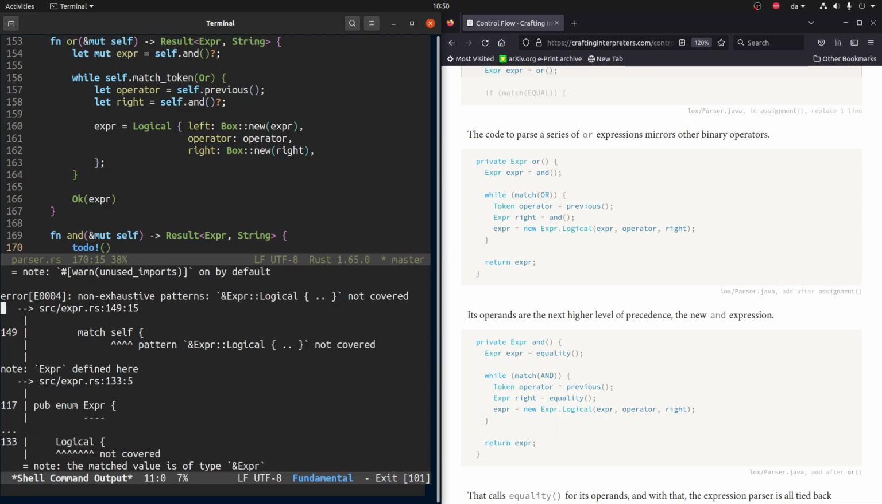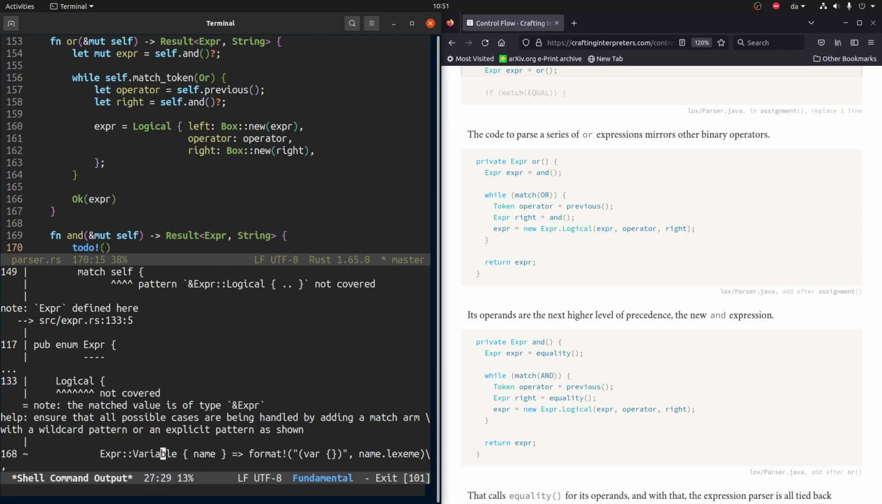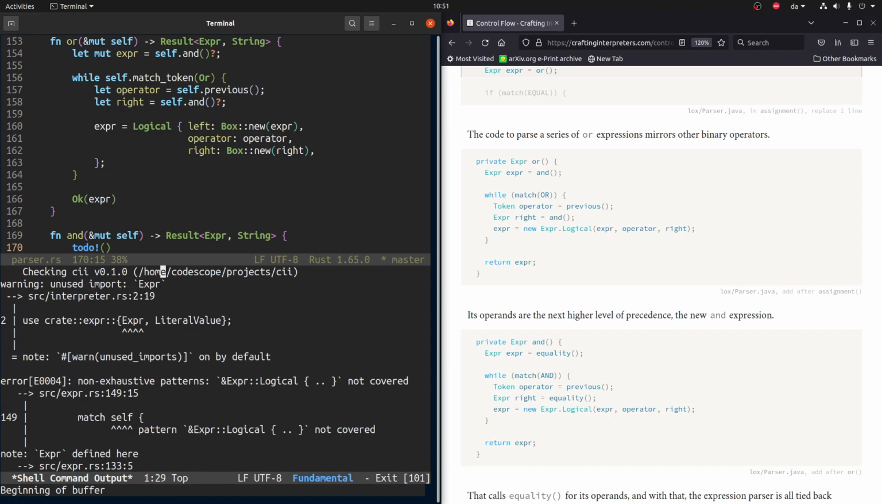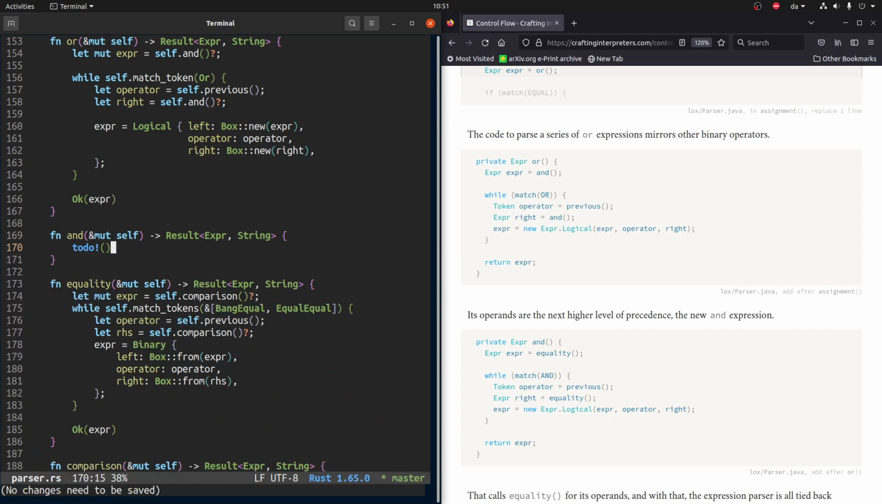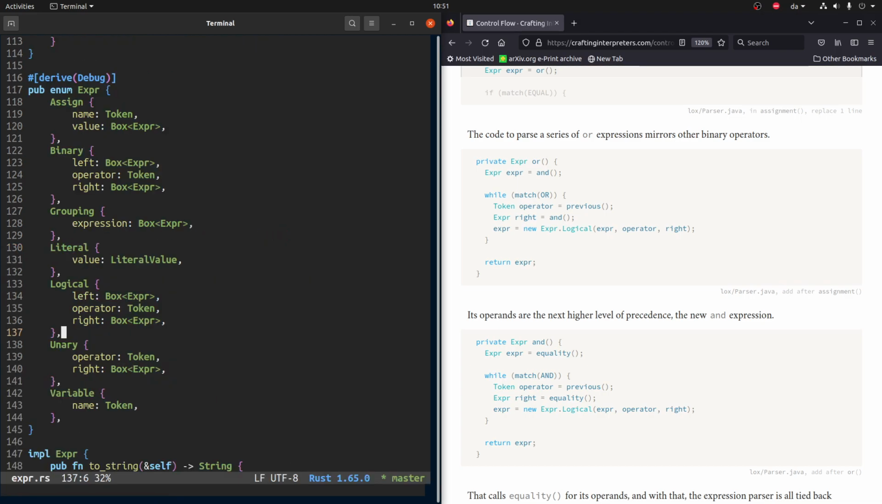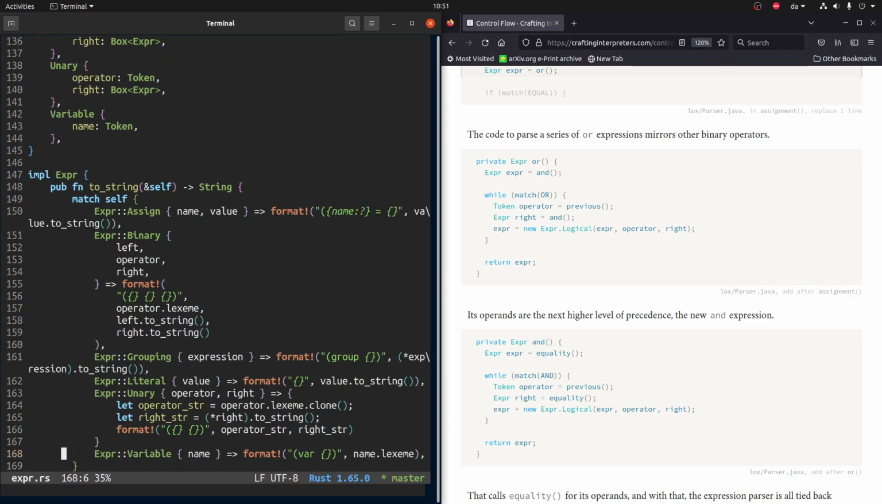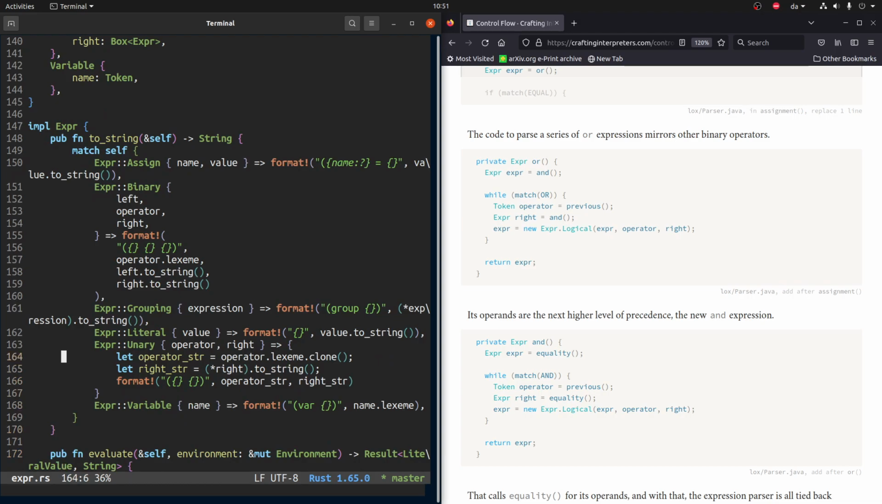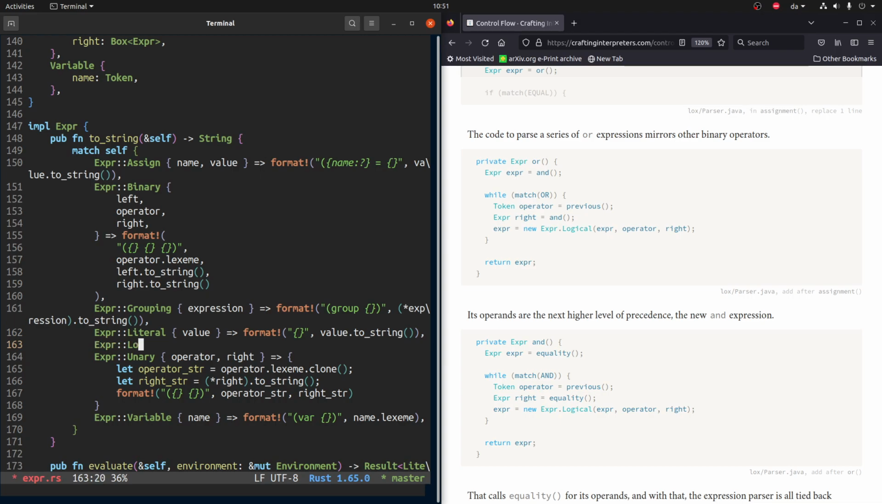Right, so now because we added the logical type to expression, we get some compiler errors that we're not matching exhaustively, which is good, of course. So let's just go fix that now. And we will put it here. So we have a left, operator, right,